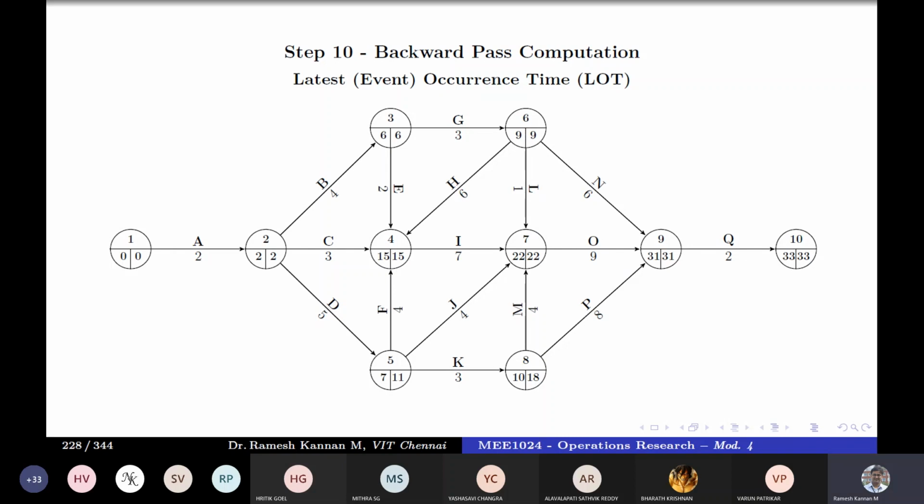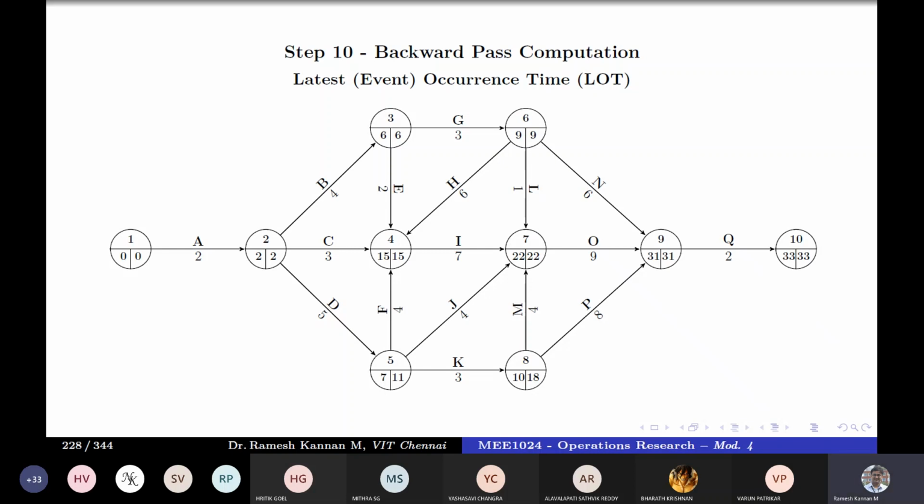This is the event times. Another sanity check: you should get 0, 0 at the start and the critical path duration at the end. If you have that, then your answer is fairly correct. So in the critical path method, we have a fair computation. Computers do not make mistakes, but humans do. During an exam or under pressure, if you mess up any one, for instance you don't take 18 and you substitute 31 minus 8, then the entire computation goes wrong, and it will not give you a perfect result.